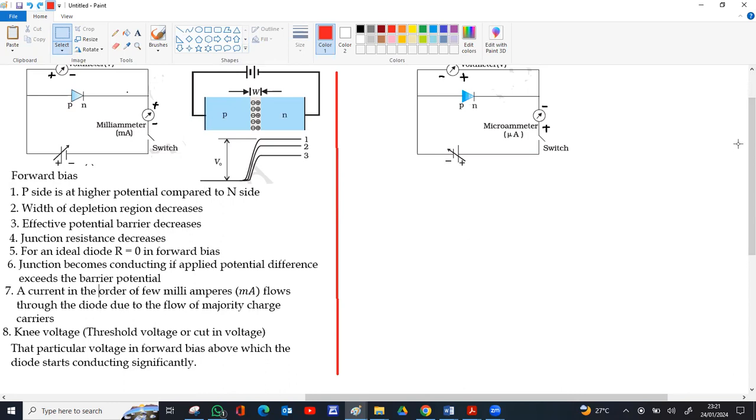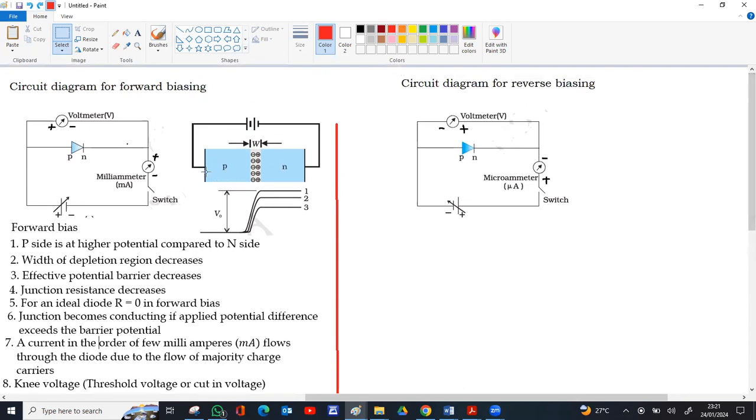Now reverse biasing. The p side must be connected to the negative terminal. So the p side is connected to the negative terminal, the n side is connected to the positive terminal, or better, the p side is connected to a lower potential compared to the n side. P side is minus, n side is positive. So when you reverse the battery here,